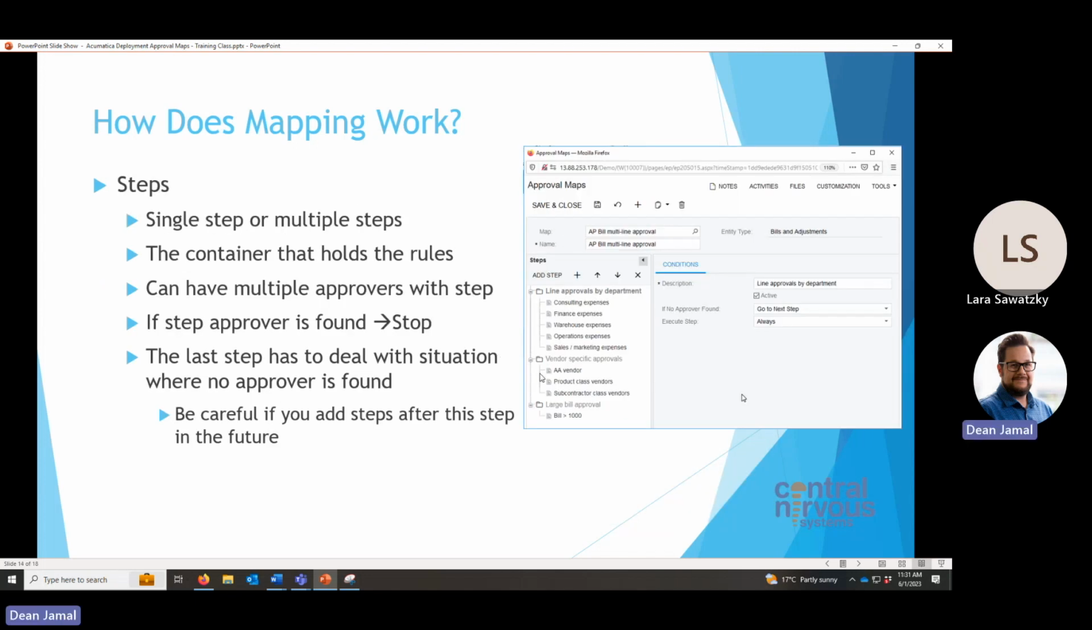So let's look at the steps, and we'll be hopping into Acumatica shortly to look at this in a little bit more detail. But on this screenshot, we can have a single step, which may be applied to all the documents that flow through, or we can have multiple steps, and in order to proceed from one step to the next until there's an approval result, it may need to go through each of those steps to properly evaluate and determine who the approval should go